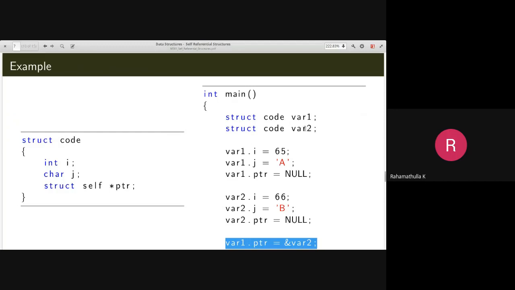So var2 is of type struct code, and its address is taken by this ampersand. So var1.ptr equal to ampersand var2 means that the address of var2 is loaded in the location var1.ptr.